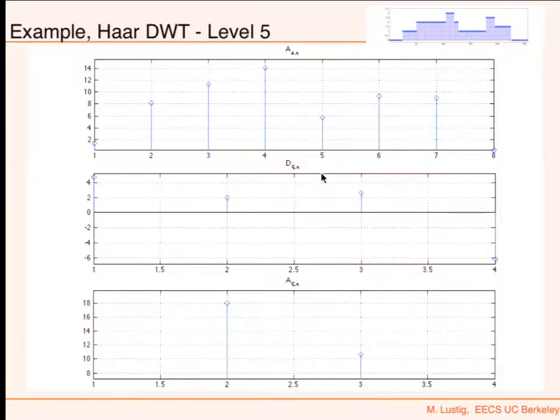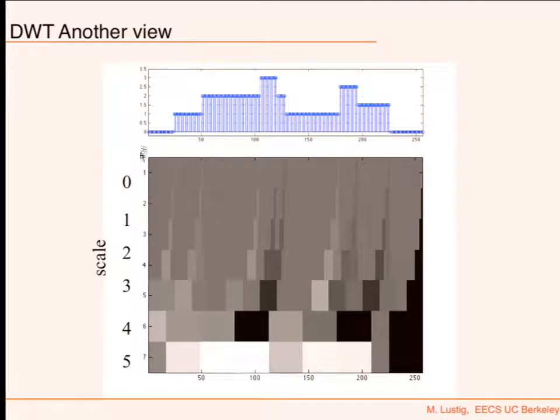Now I can show you in a different way. So these are the scales, and ignore this because that's what imagesc was displaying, but I didn't have time to erase it. But these are the right scales: 0, 1, 2, 3, 4. And these are the positions. Ignore those numbers because they're only true for the signal itself, but afterwards I decimate. So that's why they're getting blockier and blockier. And these are undecimated. So I didn't do the downsampling operation. I kept them so you could see the details appear.